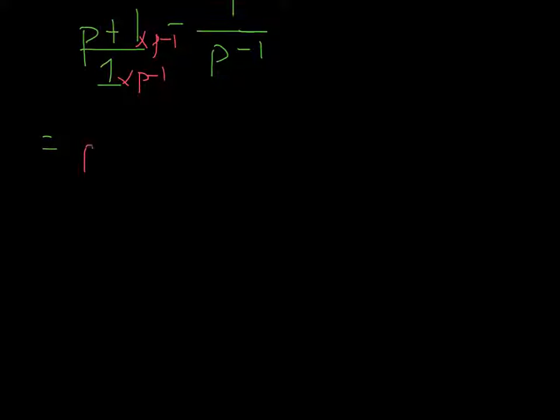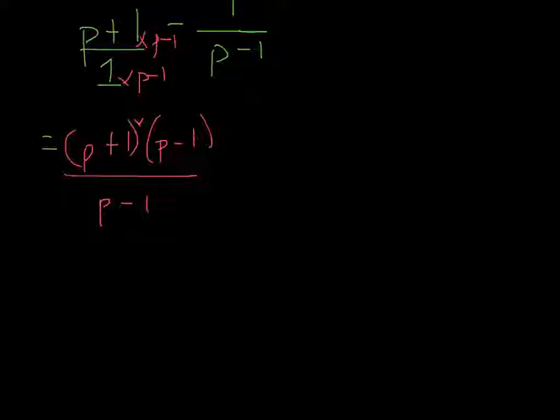So the first one's going to be p plus 1, and it's going to be multiplied by p take away 1, and then 1 times p take away 1 is just going to be p take away 1. I know that. The other fraction is therefore going to be 1 over p take away 1. You can see now that we have the denominators the same, so we are able to then start getting this fraction simplified. First though, however, we want to go and